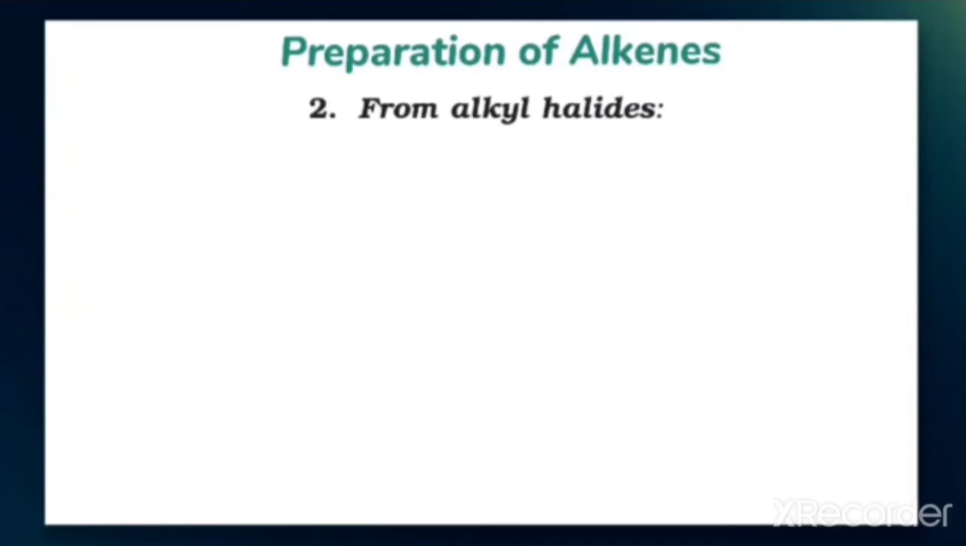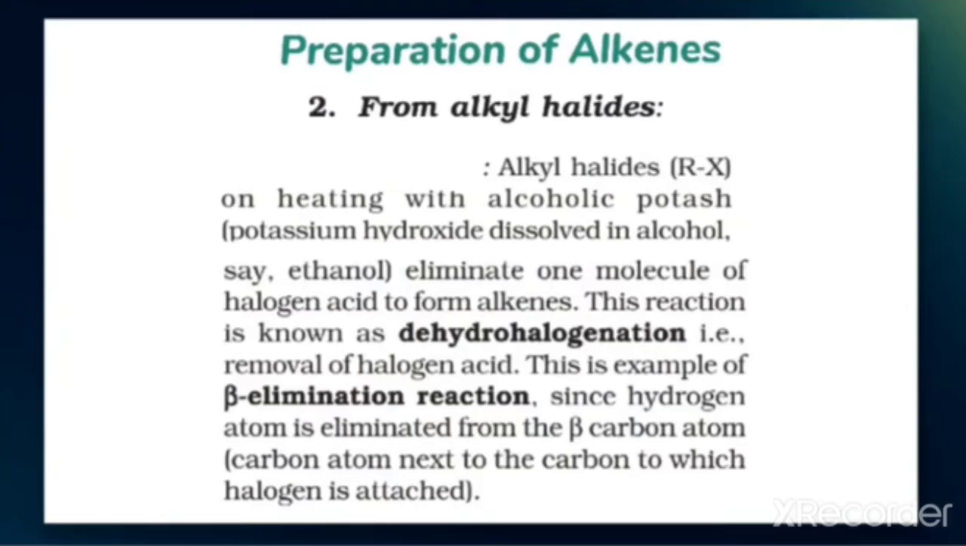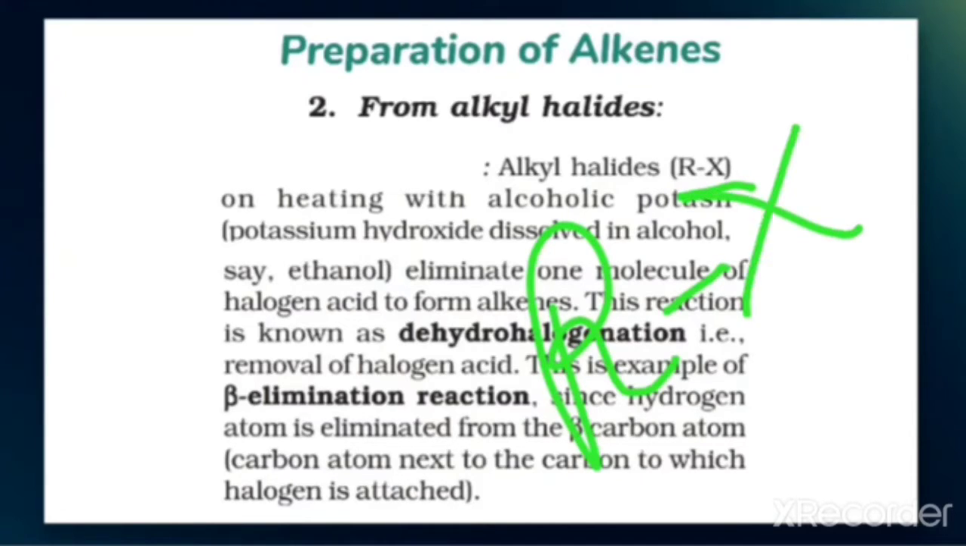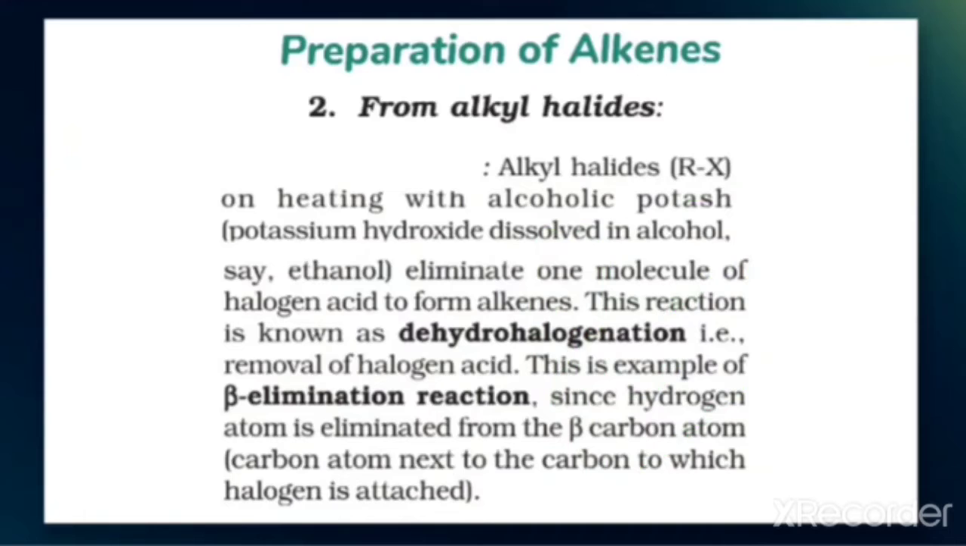Next is the preparation from alkyl halides. Alkyl halides are generally represented as RX, that is, an alkyl group with a halide part, that is X. X can be Cl, Br, and so on. So this is the general representation for alkyl halide. Alkyl halides, on heating with alcoholic potash, that is potassium hydroxide dissolved in alcohol,